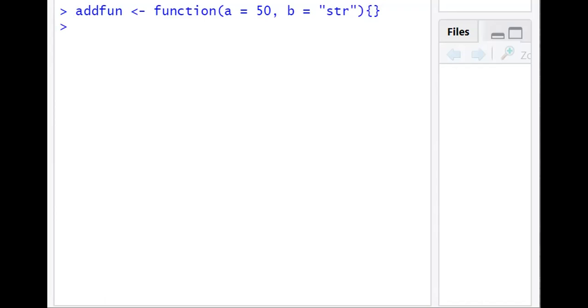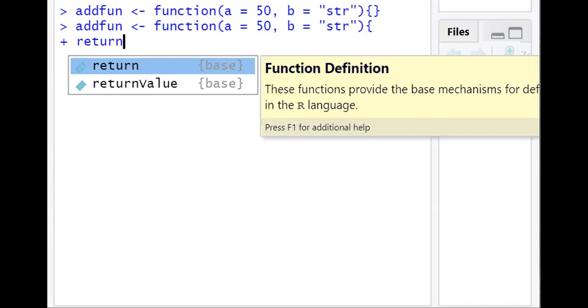And these functions can return values also. But here there is a small difference. So let us take an example. So return is a function that provides the mechanism for returning the values.